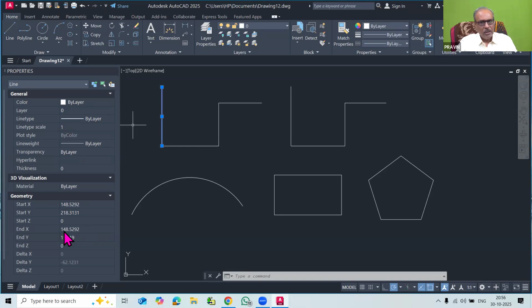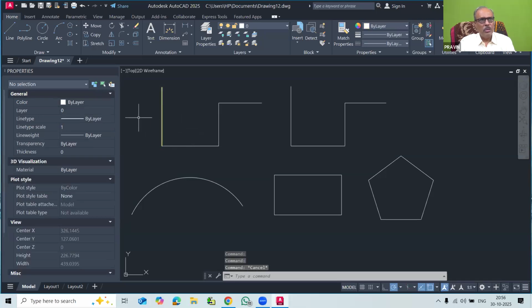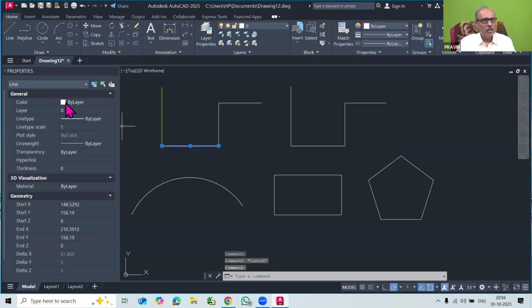But at present, you have to remember that there are different colors for the object. You can change the color of the object. By clicking here, you can open this and change the color. You can click yellow, and then press escape. So here the color of the line was yellow. You can select this line, open this color dialog box, and click cyan. So the color was changed.